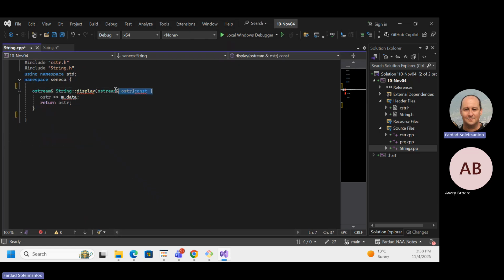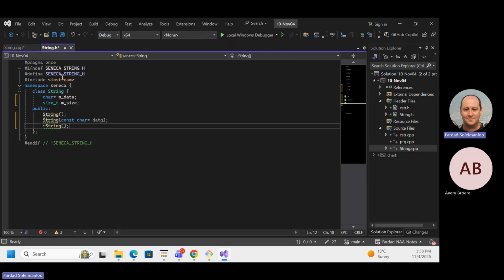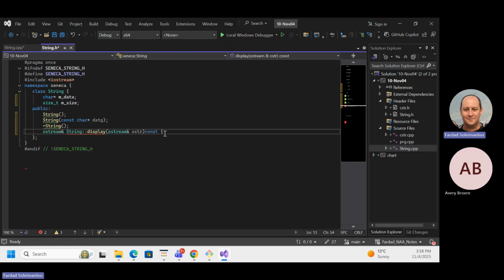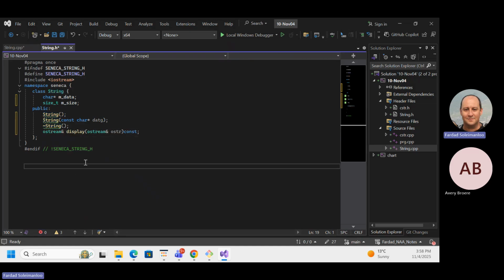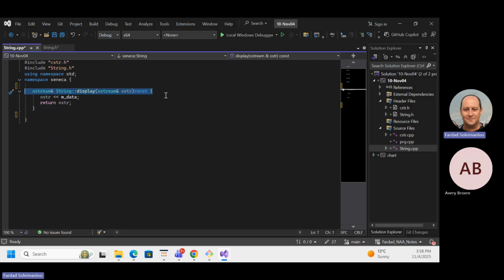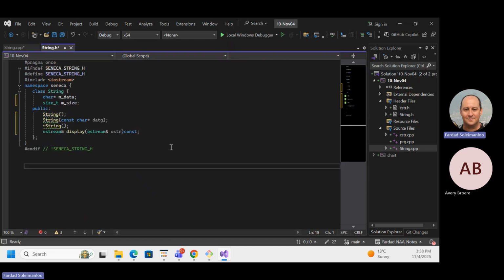I'm going to bring that up because it was written properly, and I just need to modify it. So that's my display that I had over there, and it looks okay to me. The only thing I need to do over here is to check for the safe empty state. Okay, so how do I know if the string is empty and it doesn't have anything in it? If it's null or not.